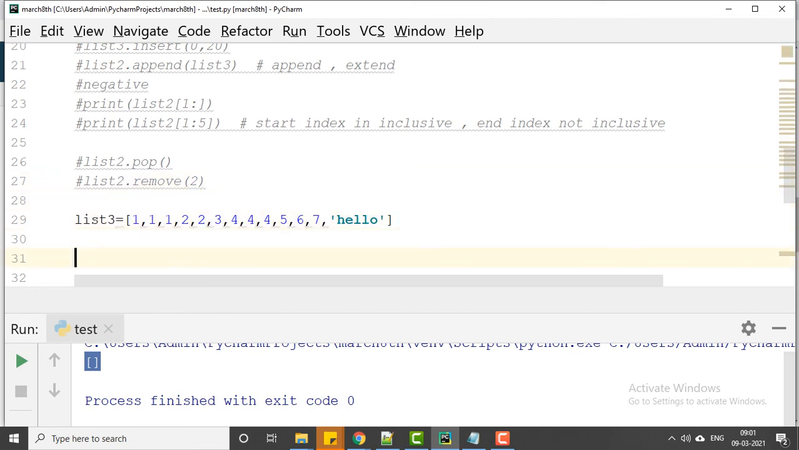Now, negative index we discussed, right? Positive index always starts from left to right, which is 0 till the end of the values, however many values are there. And negative index always starts from the right and starts from -1. Okay, -1, -2, this way. Now print